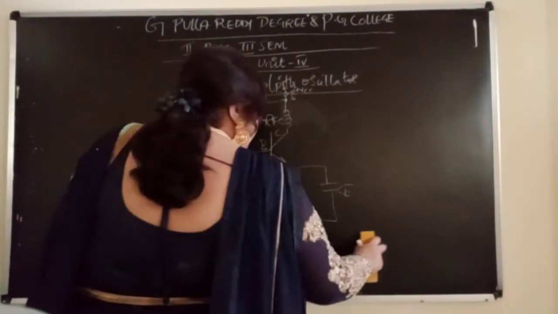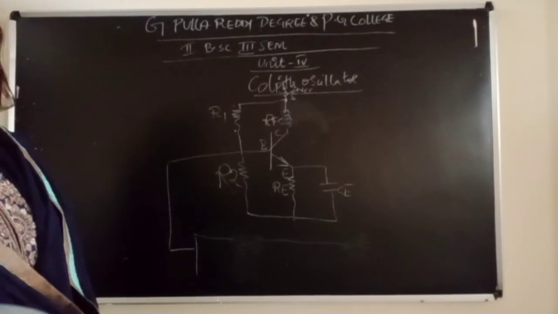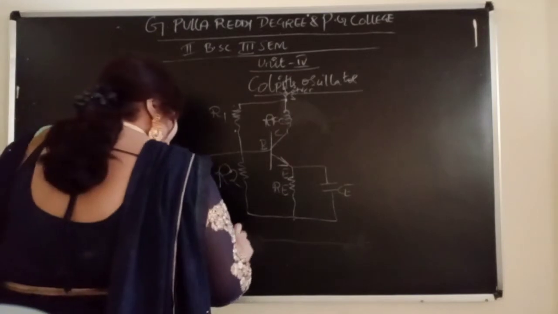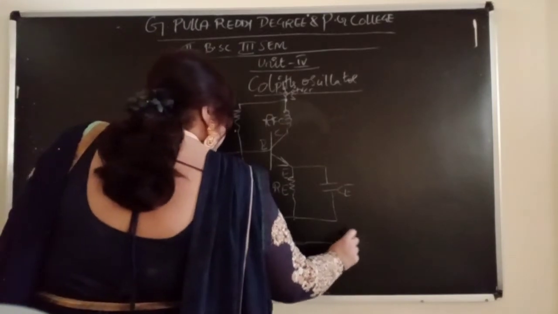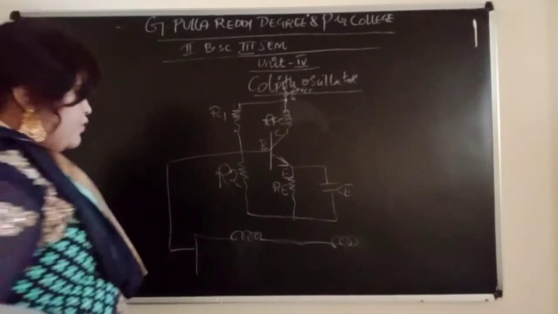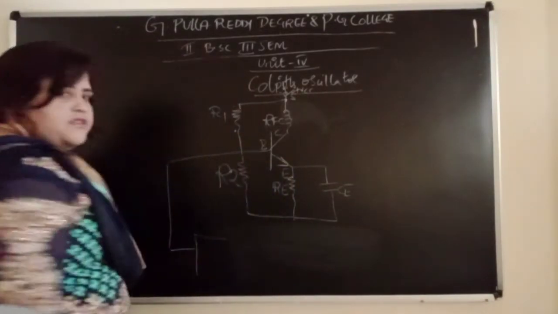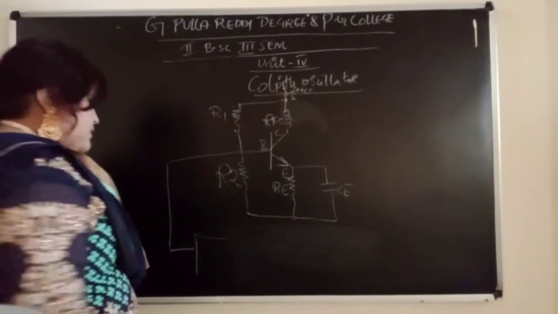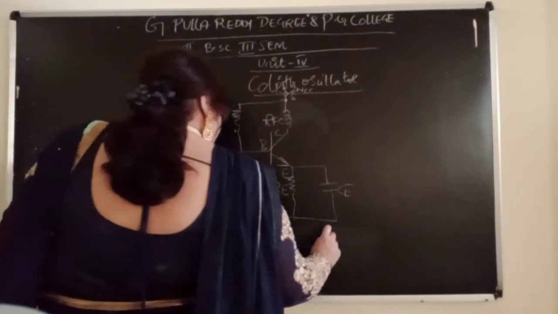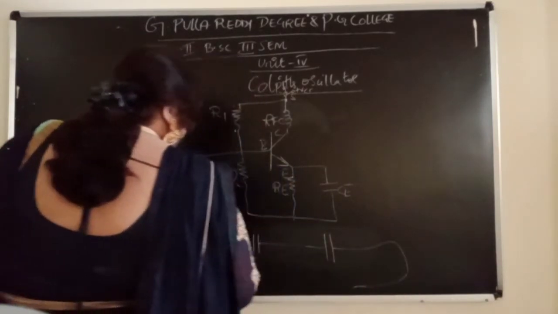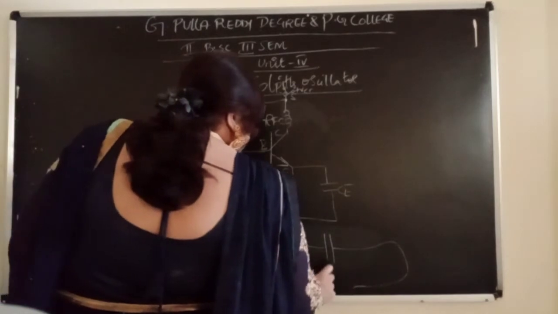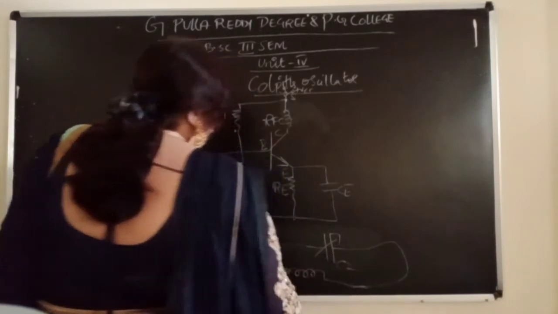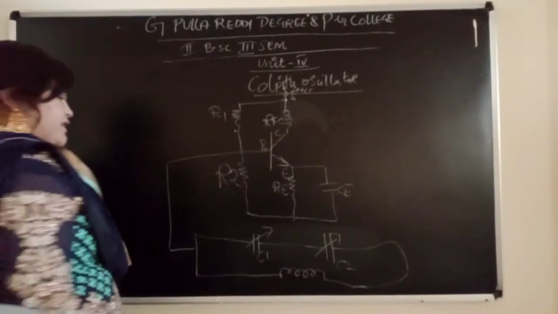Now in this feedback network, instead of two inductors, we will be using two capacitors. There we used two inductors, here we are using two capacitors. Colpitts oscillator means we are using two capacitors. Then you can draw one inductor here. These are variable capacitors, so the capacitance is varying there, and here also the capacitor will vary.